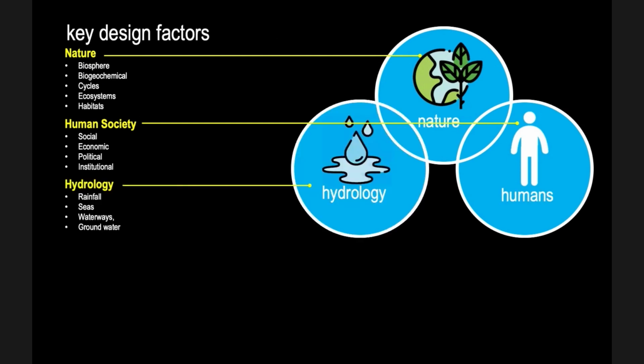Then there's water. Now, water is part of nature, but I've taken it out as a separate factor because water is what life is all about. Without water, there's no organism, there's no living systems. When astronomers look into the sky at planets and at asteroids, the first thing they look for is signs of water. If there's water, there's life, there's organic life. And so water is very important. There's water that comes from the rivers, from the rain, from the seas, from the snow, from waterways. And there's groundwater as well.